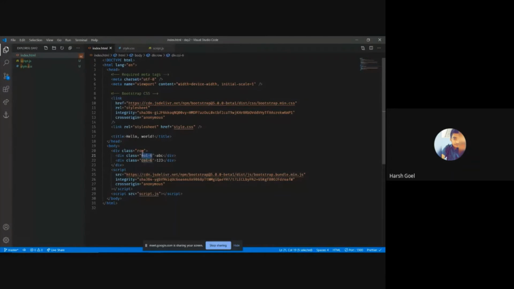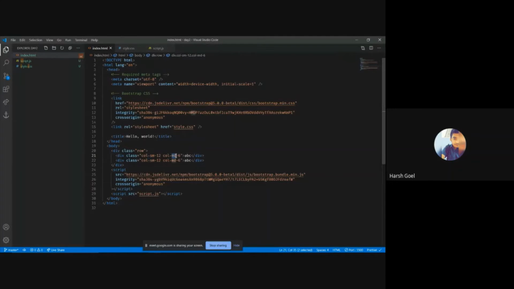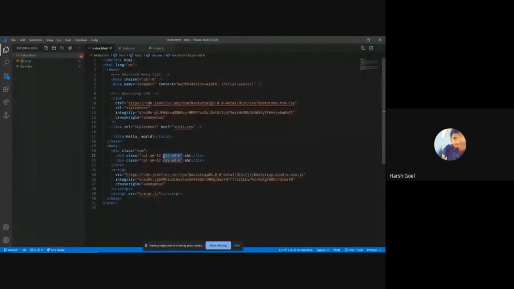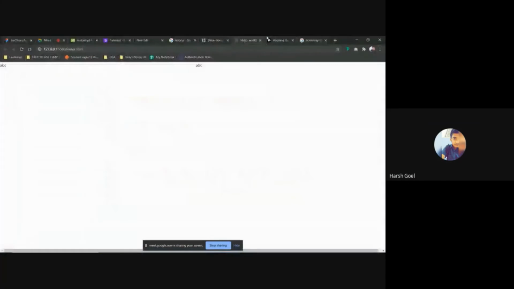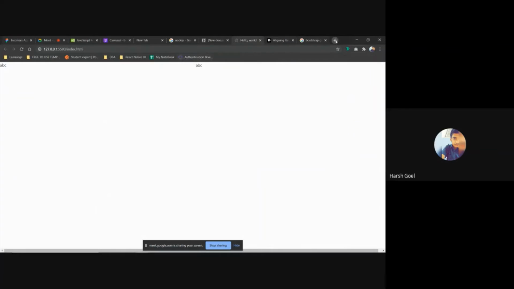So what if I want to give it col-sm-12, col-md-6? What will this do? Did you see? SM means small, when I was writing. So at medium devices, it is 6 and 6, and on small it is 12 and 12. 12 means whole. This 12 is a whole, so it is not coming side by side. It is going down. So if I'm making a mobile responsive website,